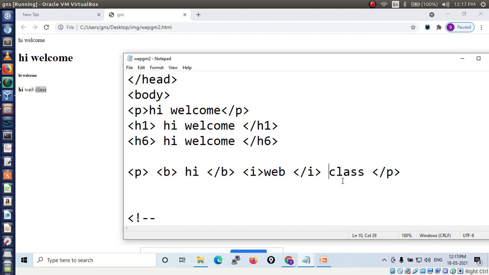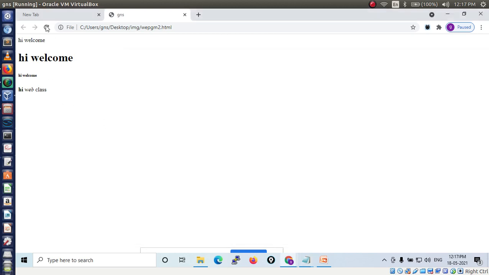U tag. Simply you can use the U tag, followed by the closing U tag. That's it. Then see, only class will display with underline. It is displayed. See, class has one line under it.